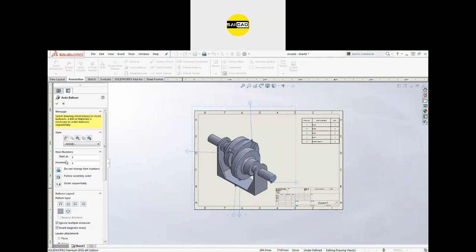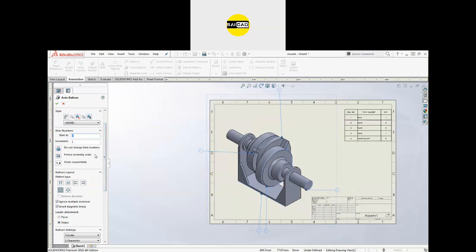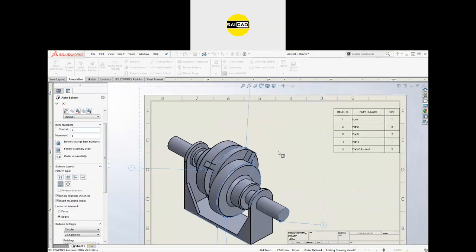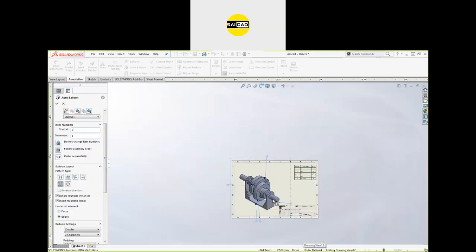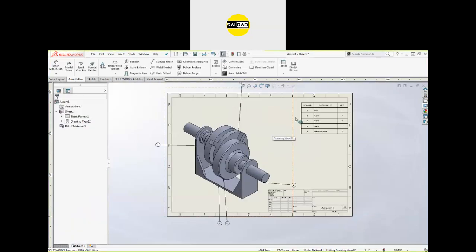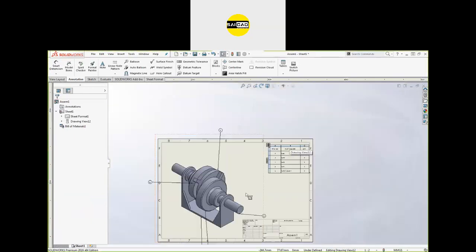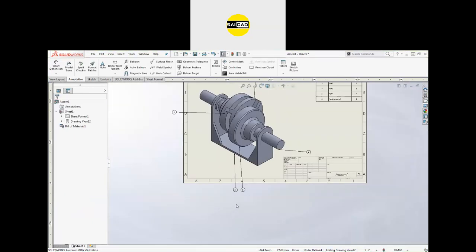Okay, so you can see some options here. Item number will start from 1. Okay, 1 2 3 4 like that. If you want to start from 2, you don't want to specify 1. Okay, you will see that the number 2 will be there. From 2 it will start. You just have to click OK first. You will see in here it will also update 2, 3, 4, 5, 6 like that,